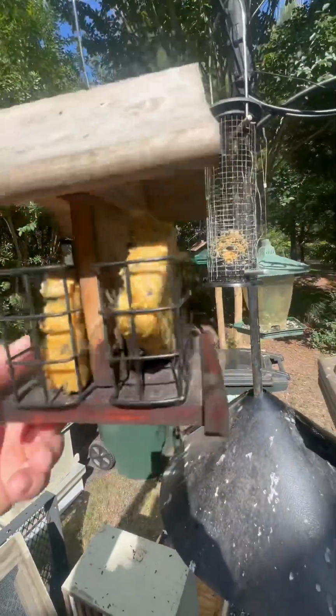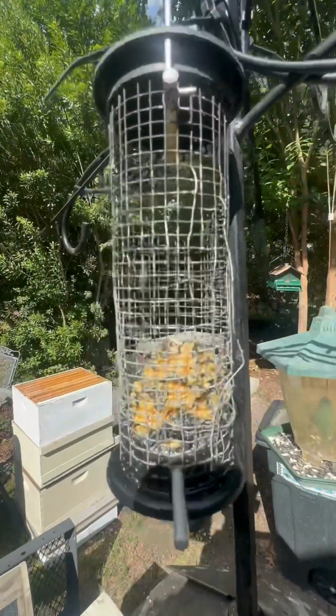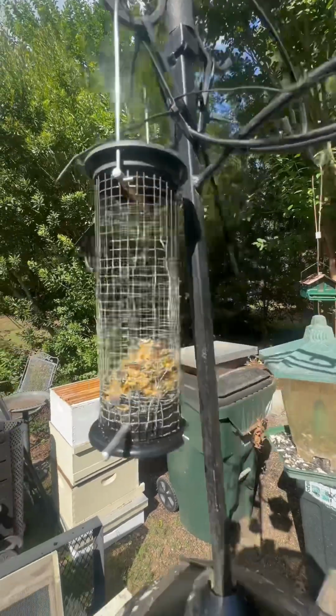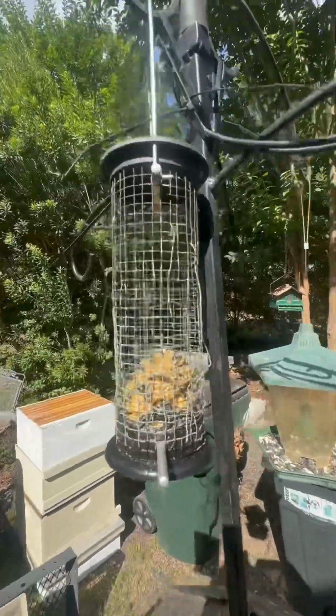They love them. The leftover suet that doesn't go in the blocks, I put in this old finch feeder, and you can see the squirrels have torn it up pretty good. This is, for whatever reason, this is the one that the woodpecker